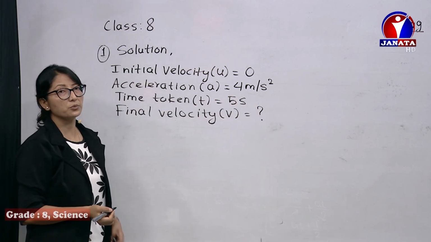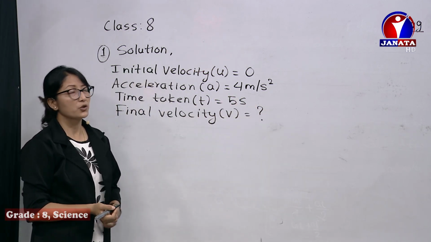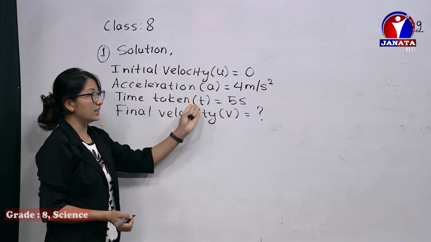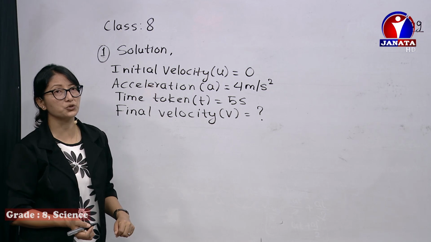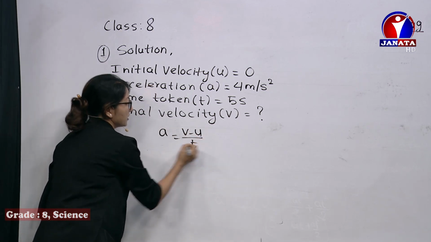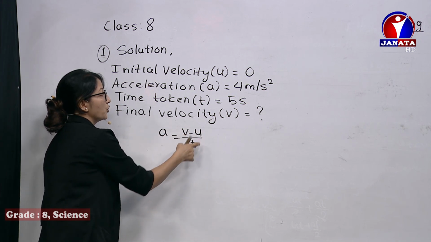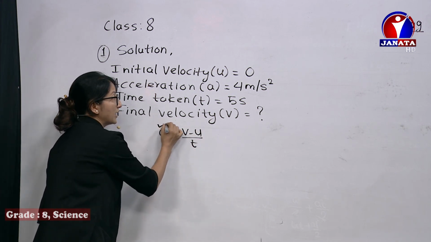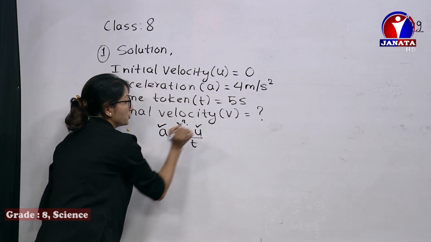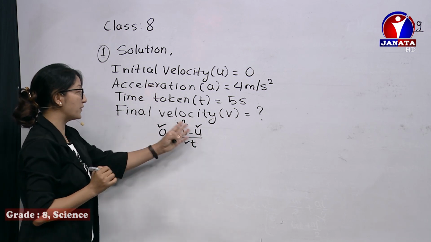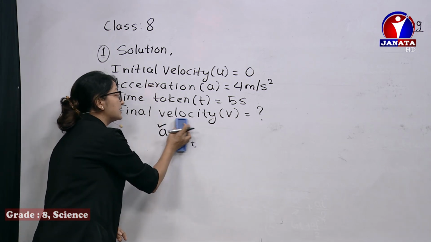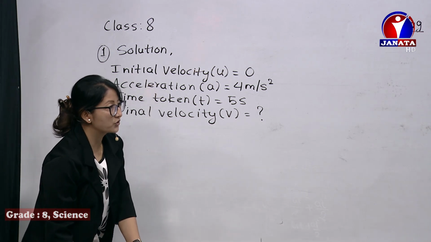You remember the formula, which formula we derived just before. Of course we can do this as we have a, v, u, t. We can directly keep the formula a equals v minus u over t, and substitute the values. This value we do have here, v's value we need to find, and these other values we do have. We can directly calculate.